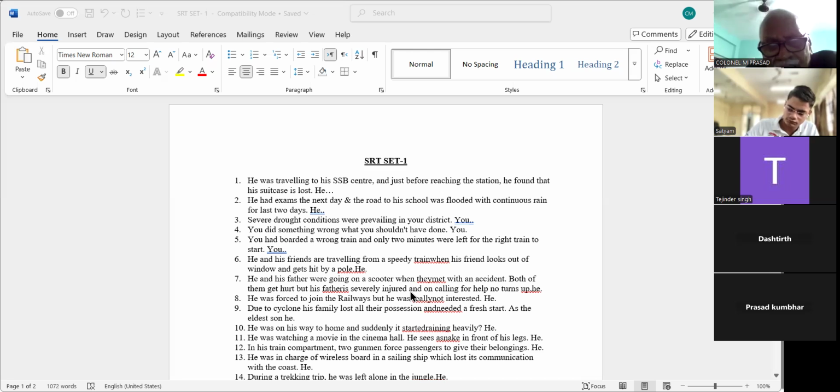Tell me answer. You have boarded a wrong train and only 2 minutes were left for the right train to start. Sir, board out station, got right train. Okay. Now we missed out one thing. What have we missed out? You have to say boarded out from the train and caught the train which is on the same platform. 2 मिनट के टाइम में आप भाग कर दूसरे प्लेटफॉर्म जाने मुश्किल हो जाएगा ना यार. Yes, sir. On the contrary, I have not told you it is not on the same platform.